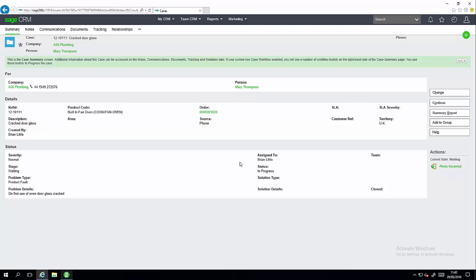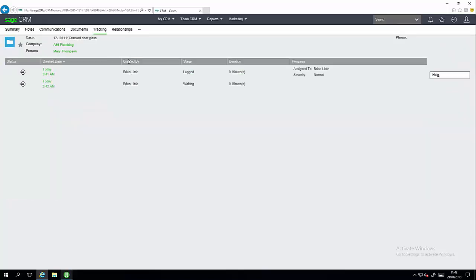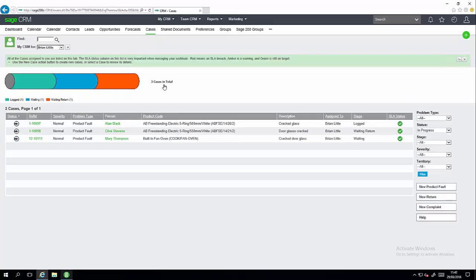The benefit of using workflow is against the tracking of this case. You can see when it was raised, who by, how long it was there before the next action was taken, and this will build up during the duration of the case. If I move back into the context of my CRM cases, you will see that Brian's list has now increased by this new one,